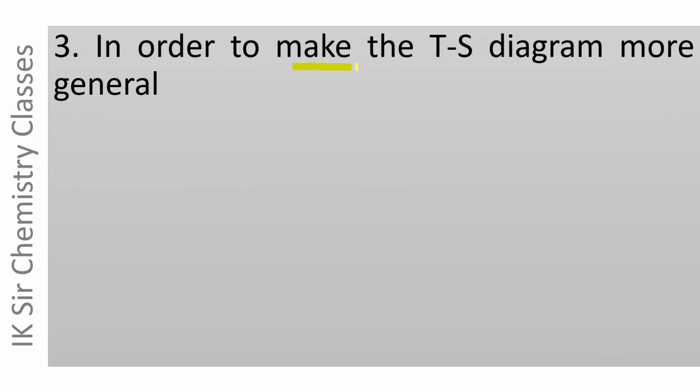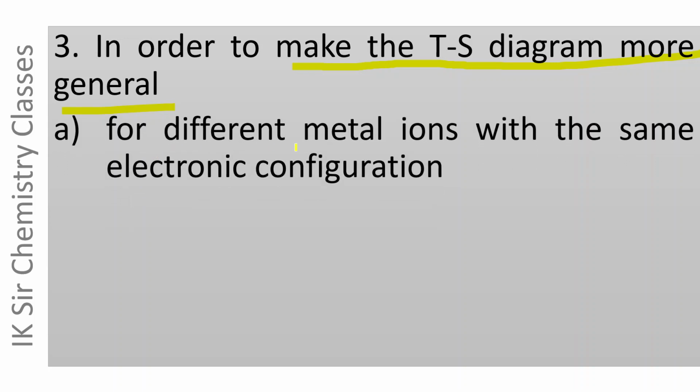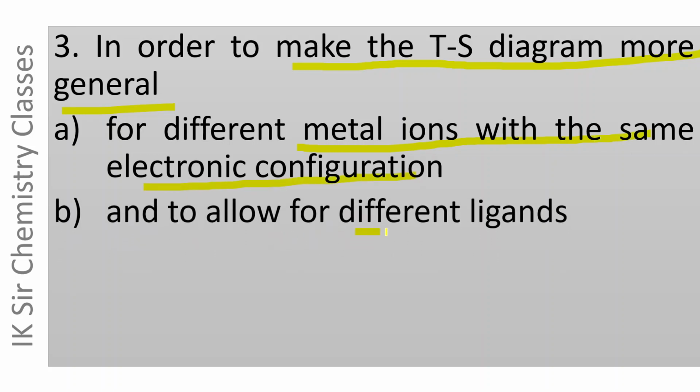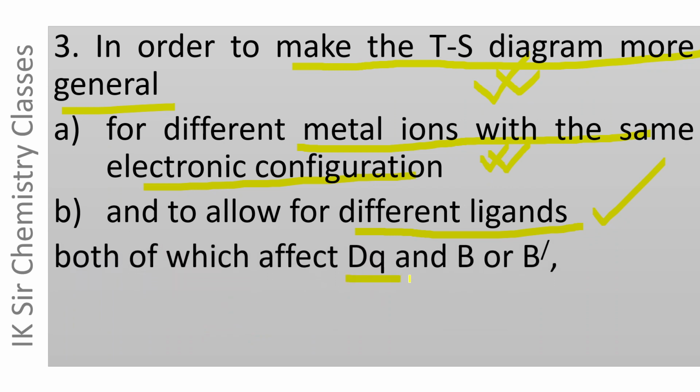In order to make the TS diagrams more general, for different metal ions with the same electronic configuration, and to allow for different ligands, both of which affect DQ and B. Both these metal ion as well as the ligands affect DQ and B, and in order to make TS diagrams more general for different metal ions and different ligands,